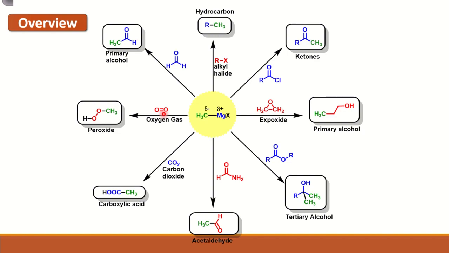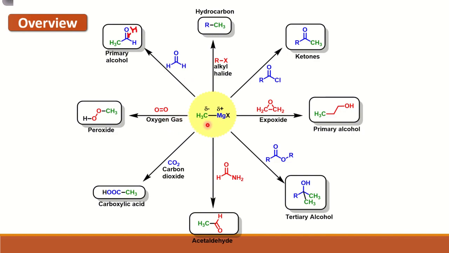Now I have told you that we avoid oxygen. We take an inert atmosphere for these reactions. Why? Because gases like O2 and CO2 react with the Grignard reagent to form peroxide and carboxylic acid respectively. So if you have oxygen in your reaction mixture, then it will react with the Grignard reagent formed to prepare peroxides. So it will deactivate the Grignard reagent. Therefore, we always employ a nitrogen or argon atmosphere during the preparation of Grignard reagent.